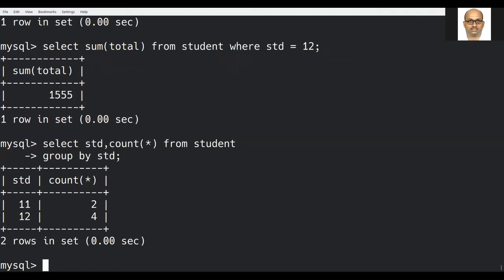See here, in class 11 I am having only 2 students. In class 12 I am having 4 students. So let me select roll number, name, std comma total from student, just for answer confirmation.